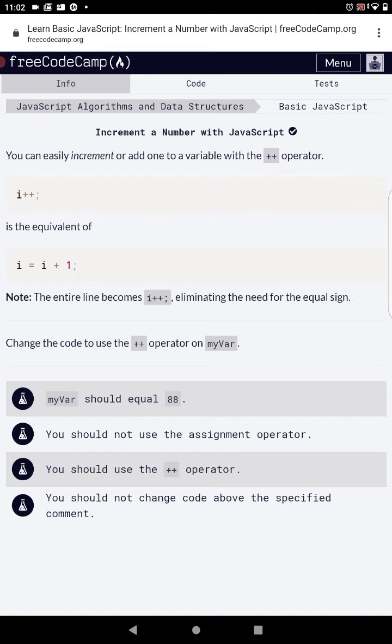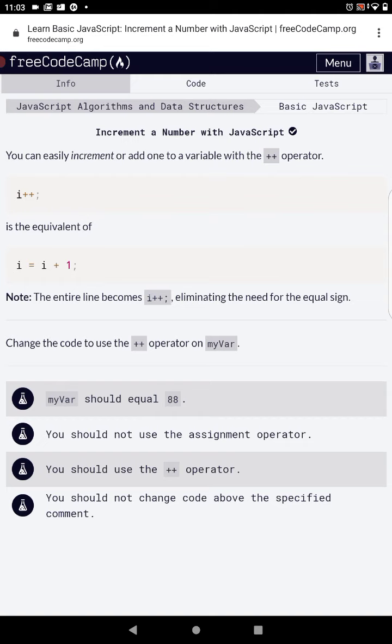So note the entire line becomes i++, eliminating the need for the equal sign or the assignment operator. Change the code to use the ++ operator, or increment operator, on the variable named